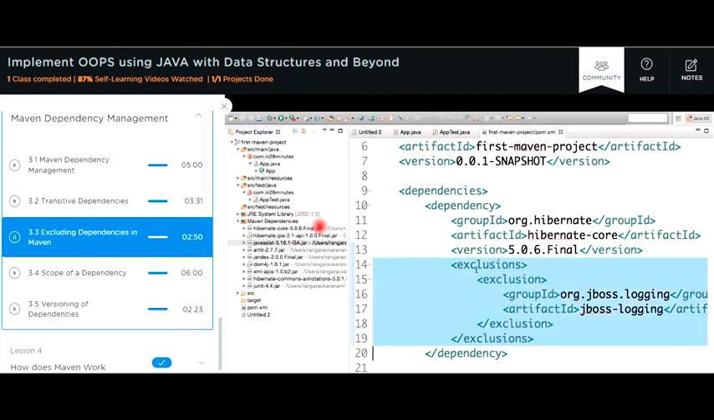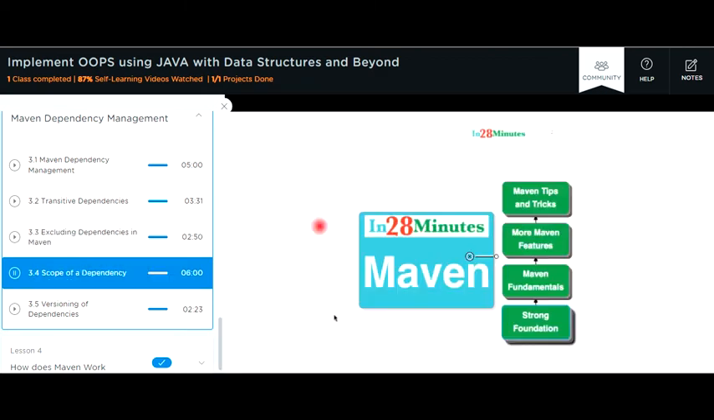So this is how you add an exclusion for a specific